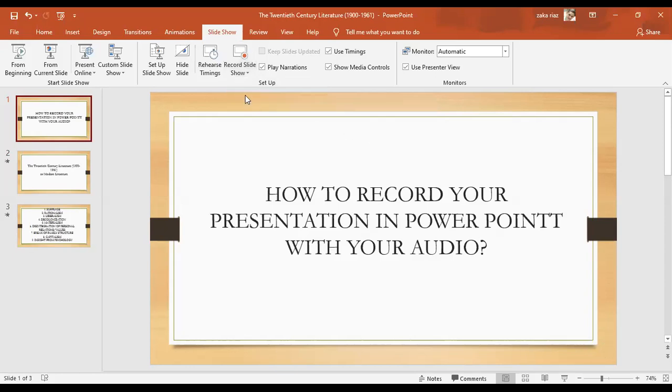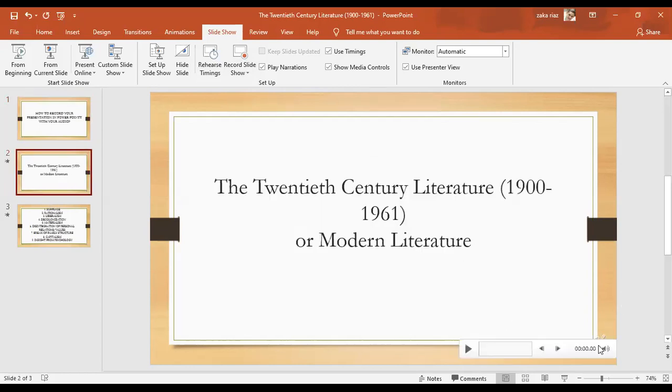Here I have cleared the narration on current slide. So now look at here, you cannot find any audio option because you have already deleted your voice for the current slide. If we move to slide number 2, you can still find the voice for this because we haven't deleted the voice for this slide, right? You can still find the voice for the second slide.